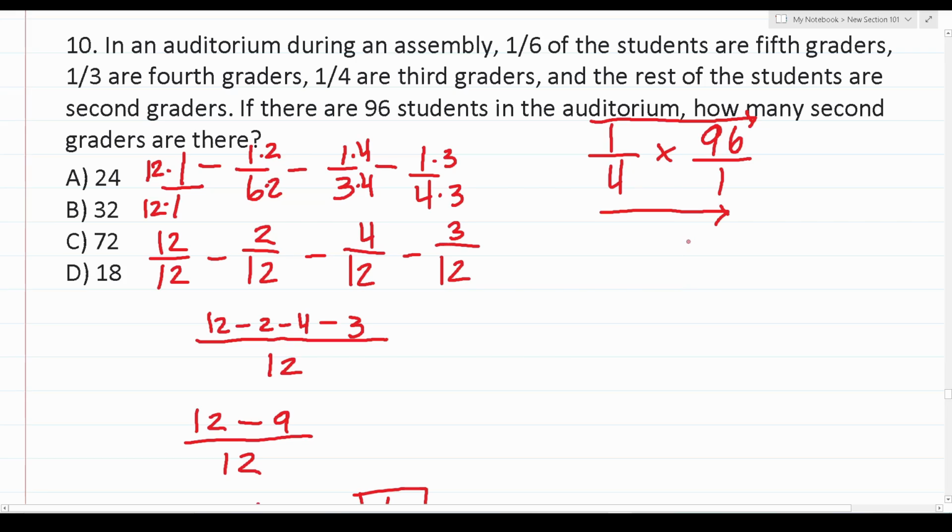And my pen's starting to die on me here. So that's 96 over 4 times 1, which is just 4. All right, so let's go ahead and work this out now. Again, I'm going to read this as long division. So this to me says